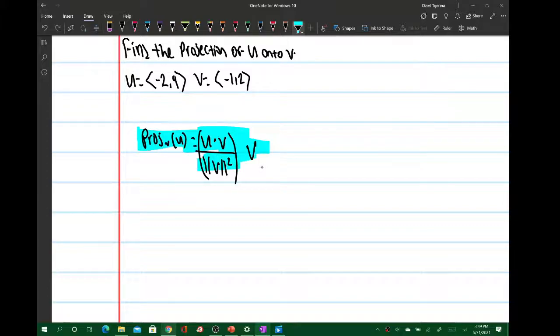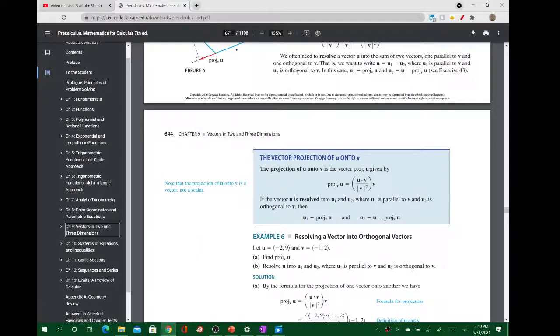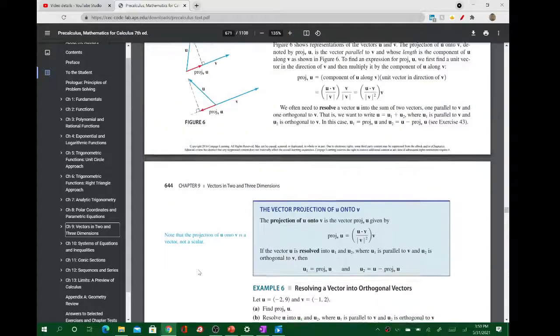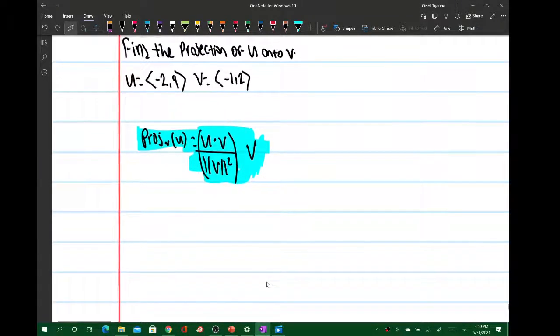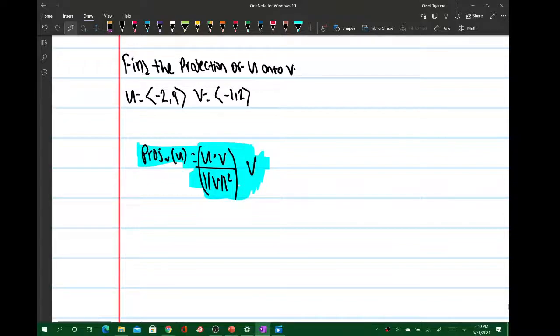And if you're looking for the meaning of this, of course it says it in the textbook here, but in reality, if you have u and v, then the projection of v onto u is just the opposite. I would say it is the opposite direction of v, but to make the whole line, at least that's what I think. It's really confusing, and the important thing is that we remember